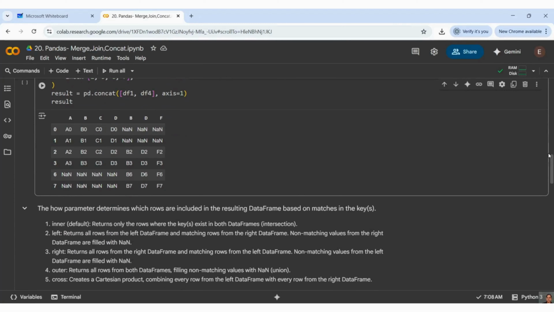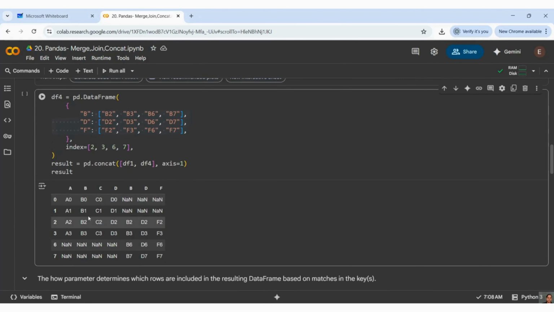Wherever I have 0, these values won't change. A0, B0, C0, D0 will stay the same.